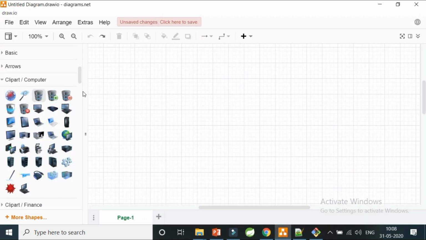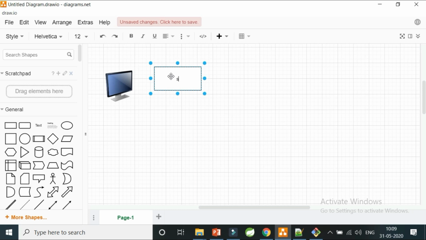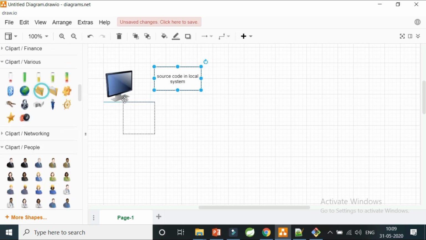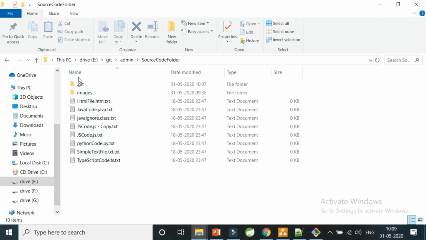So let's see these areas, okay? We will be covering some areas now. Now this is my local system for you, okay? Now I want that system has something called source code. This is nothing but a file system for me, okay? This is a file system in my particular laptop. Now what will happen, this was my source code before this .git.